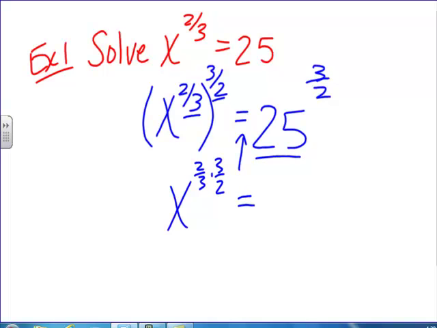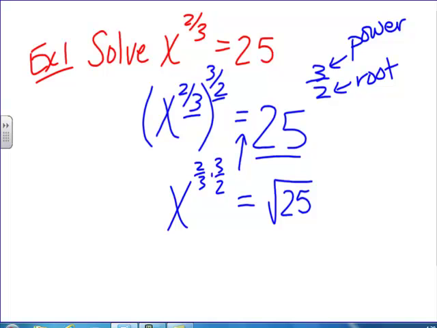And this over here, 25 to the 3/2, if you wanted, you could just throw it in your calculator, but just as another little review, remember the whole concept, power, and this guy down here is root. For me, it's easier to think of the square root of 25 raised to the 3rd power. So then in the end I have x to the first power, 2/3 times 3/2 is 1, is equal to the square root of 25, which is 5, to the 3rd power, which then would be equal to